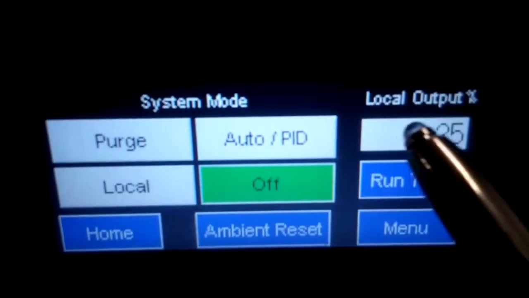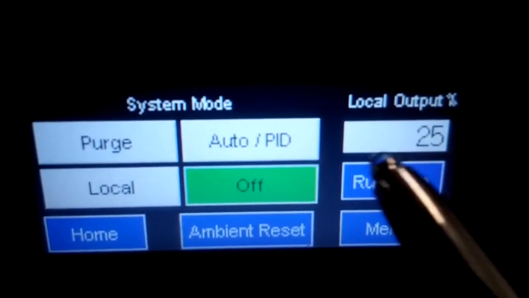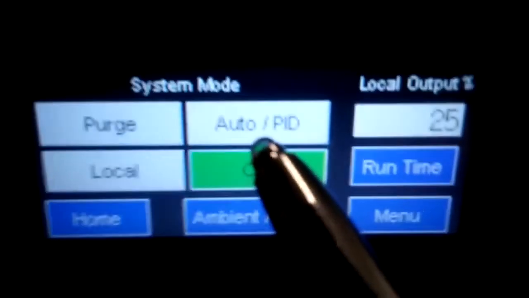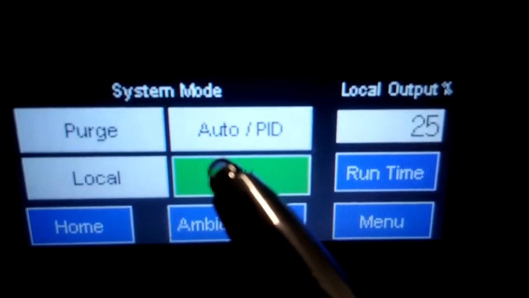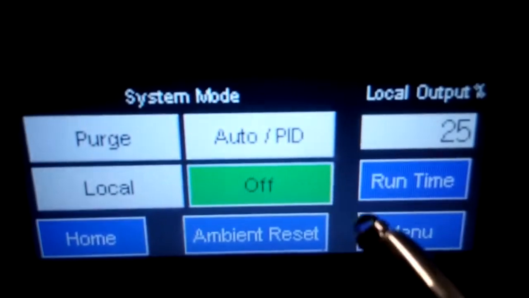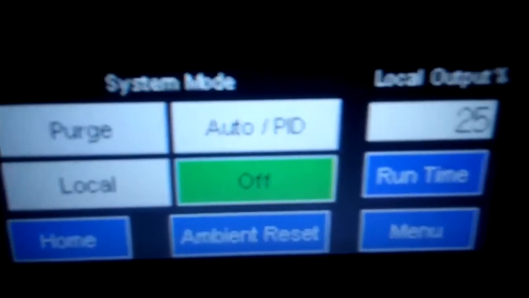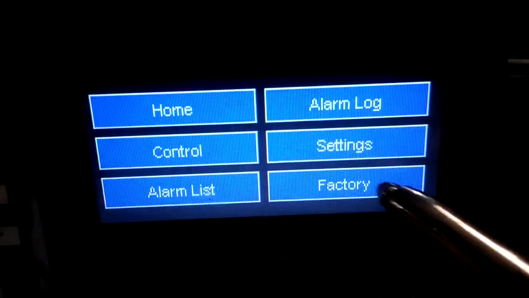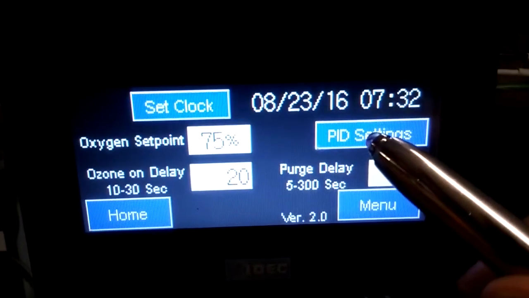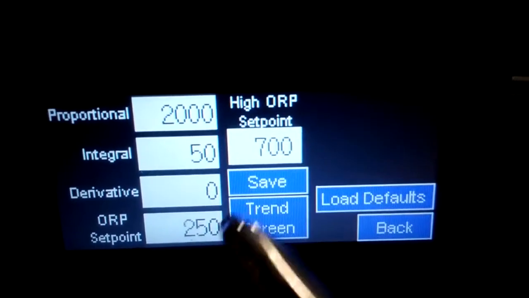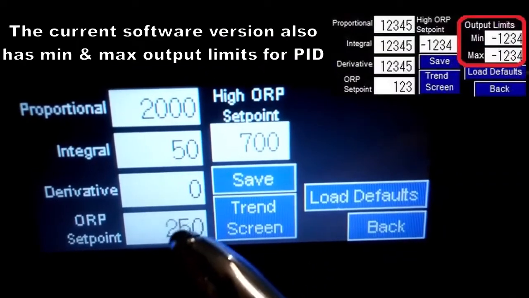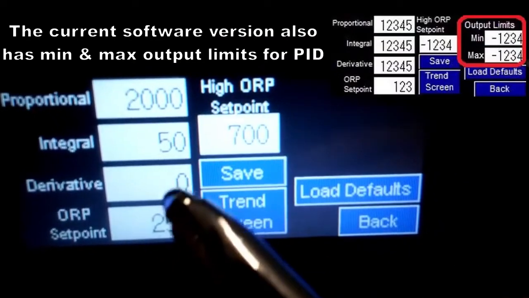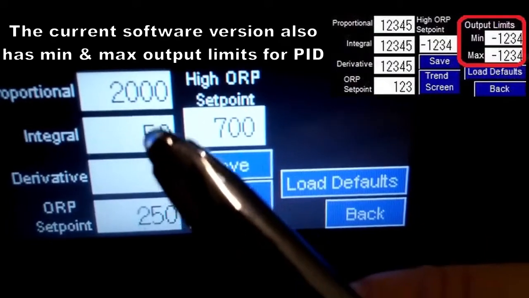So in local, it still operates under the local output percent value. The auto PID mode would then utilize the ORP process value and attempt to maintain a target set point. And if we go out to the settings page, we can go into PID settings for the ORP. There's a load defaults button here that automatically populates these fields with known good start point values that you can